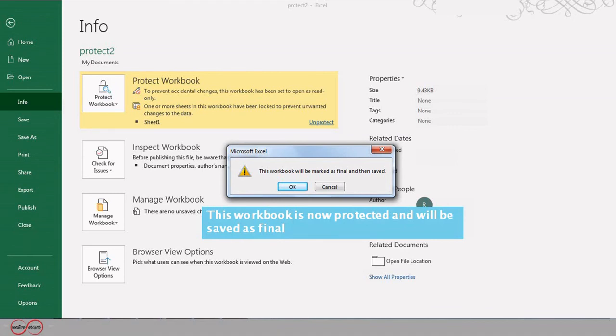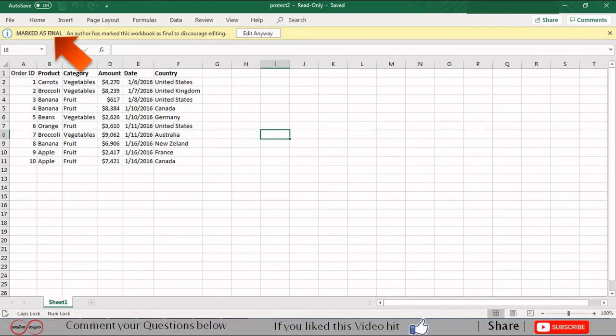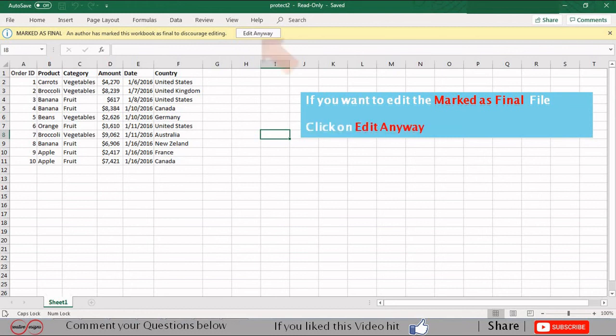Microsoft will give you a message which states that once the property is set as final, typing, editing, and proofing marks are turned off. An icon marked as final will be displayed in the status bar. Now, if you want to edit the mark as final file, click on this Edit Anyway button.